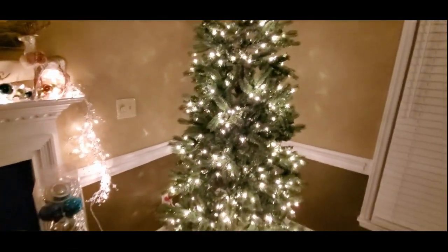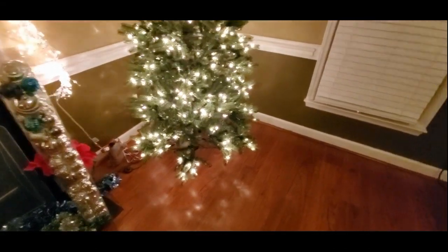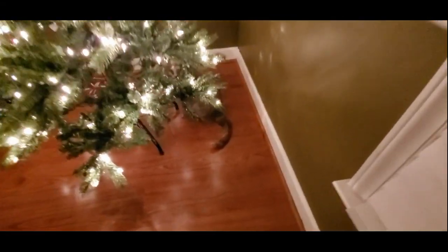Now if I can get my second tree decorated, I can get all of my boxes of ornaments out of here. I have several totes of ornaments in here. I see a little